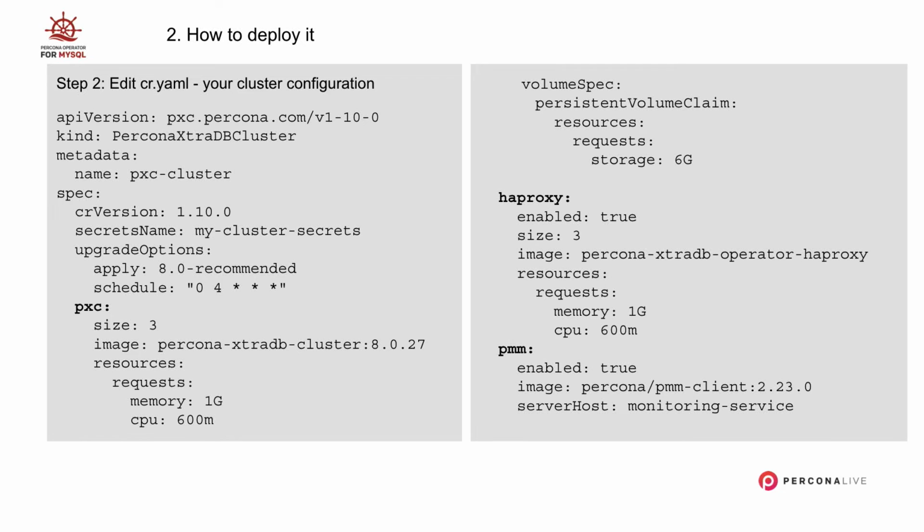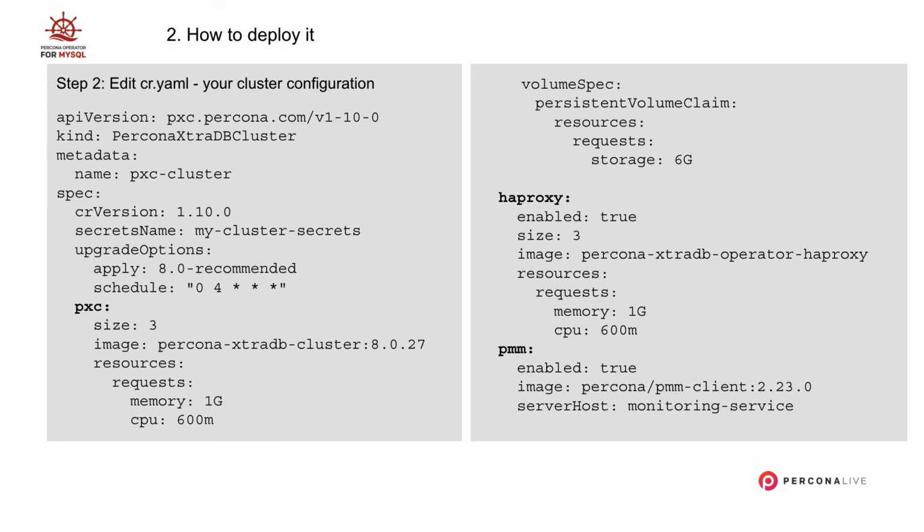So here you will see a simplified custom resource YAML file, which is basically used to describe the MySQL cluster that you need. That's the entire idea. In the same way as you describe your application deployments in Kubernetes, you can describe your MySQL cluster. So you'll see a couple of things. First of all, you see here the kind and the API version. You can use that because you deployed the custom resource definition, which comes with operators, so you can talk to Kubernetes in terms of Percona DB cluster instead of deployments, pods and so forth.